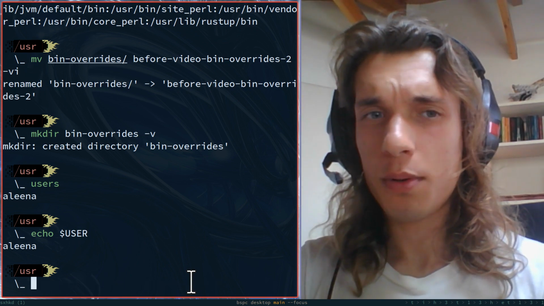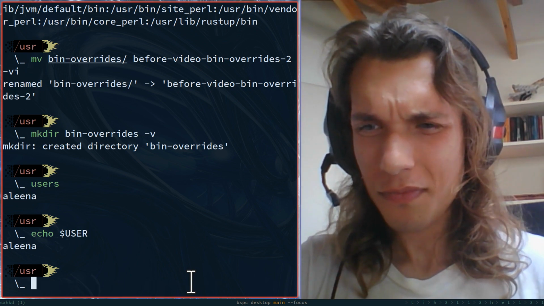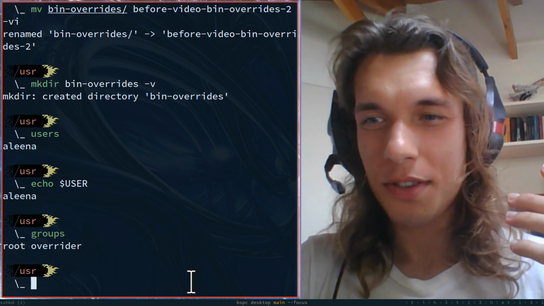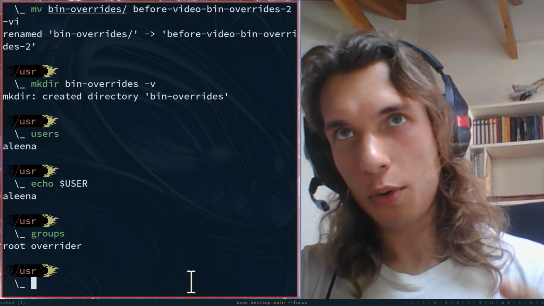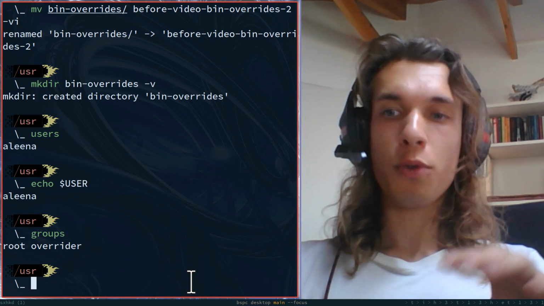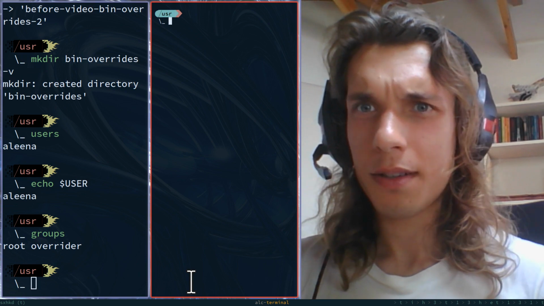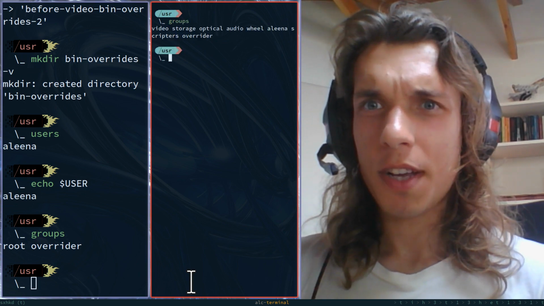How do you try it out? Well, groups. The root has two groups, the group called root and the group called overrider. If I open a new terminal, oh my god, it has a bunch of groups. Anyway,